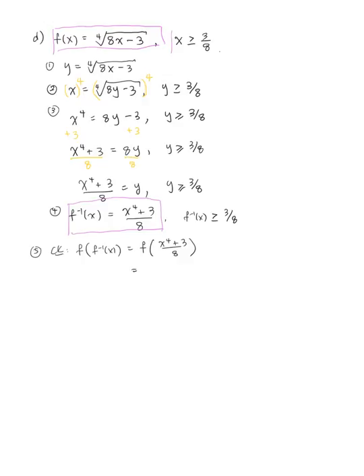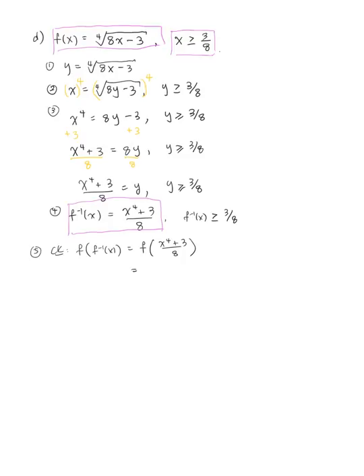Do you see why x must be greater or equal to 3 over 8? That's because of the domain restriction for the 4th root of x. Because remember, even root, if we have a square root, 4th root, 6th root, you can only have the value that's going to be greater or equal to 0, meaning fourth root of a negative number is undefined. So if I choose some value of x that's gonna be less than 3